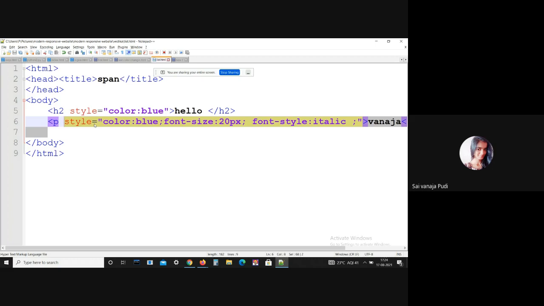Now inline CSS is generally used to apply the CSS properties to a single element. Actually, it can apply style uniquely to each element. And another thing is, to apply the inline CSS, you need to use the style attribute within the HTML element, so you can use as many properties as you want. But each property should be separated by a semicolon. I always forget to mention this semicolon, okay? Each property should be separated with this semicolon. You guys don't repeat this mistake.